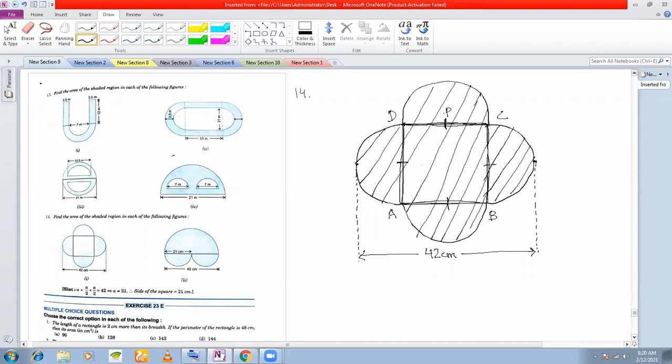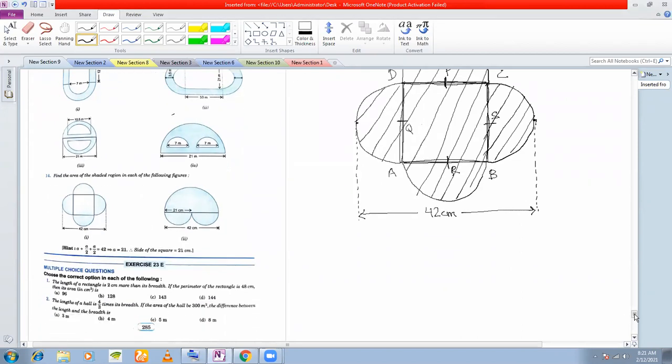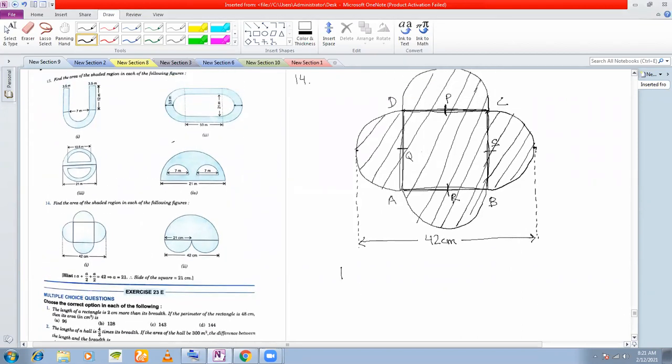I call these centers P, Q, R, S. So let P, Q, R, and S be the centers